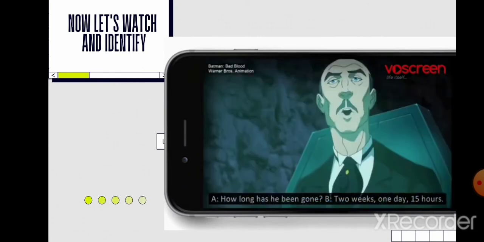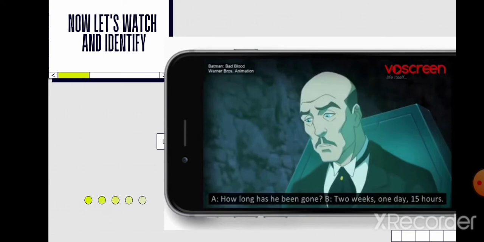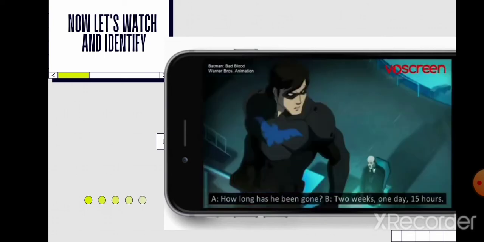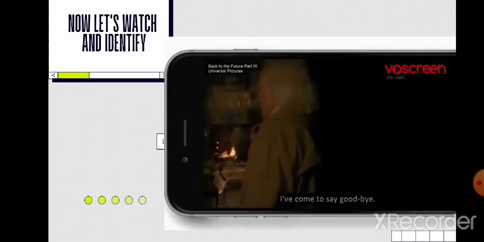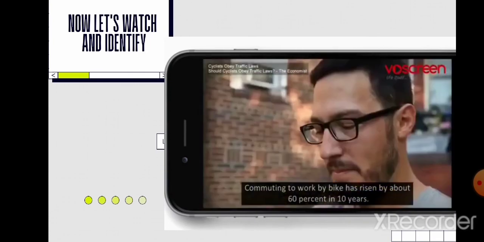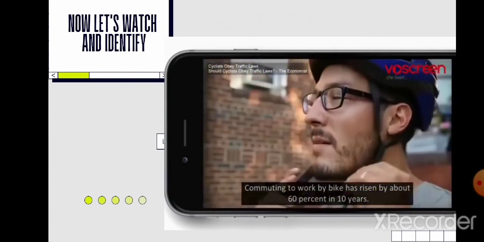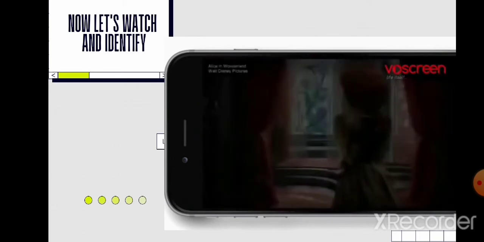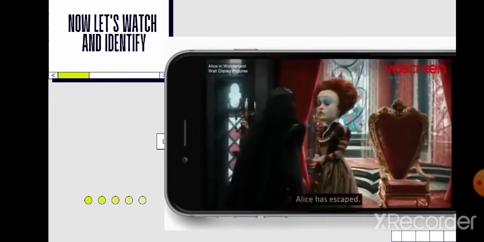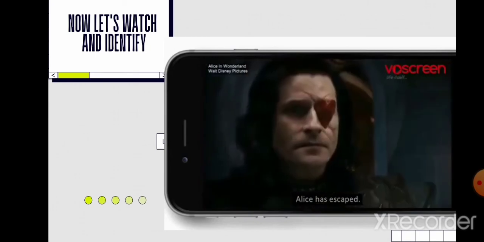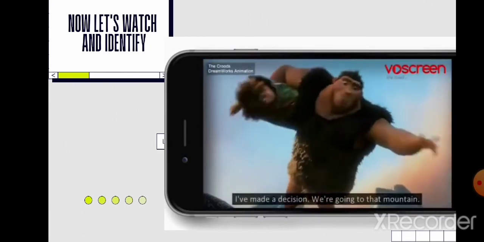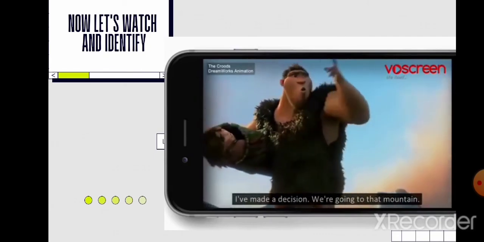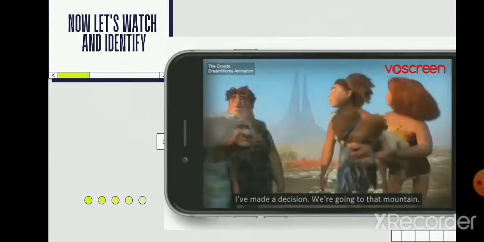How long has he been gone? 2 weeks, 1 day, 15 hours. I've come to say goodbye. Commuting to work by bike has risen by about 60% in 10 years. Alice has escaped. I've made a decision. We're going to that mountain.